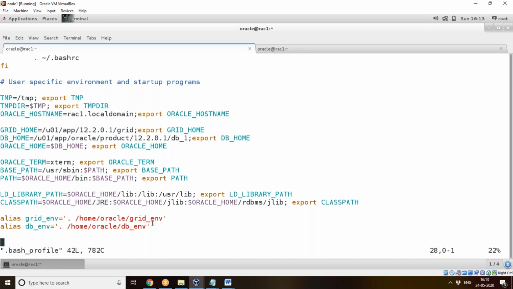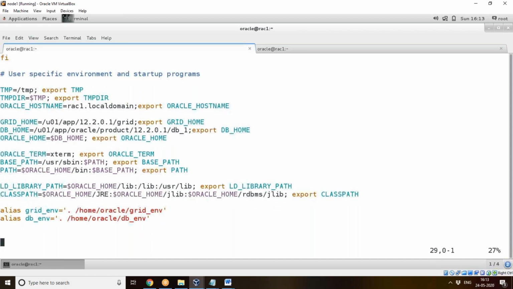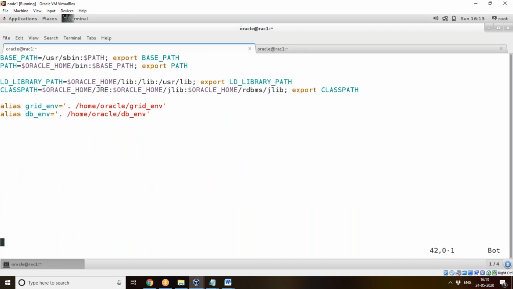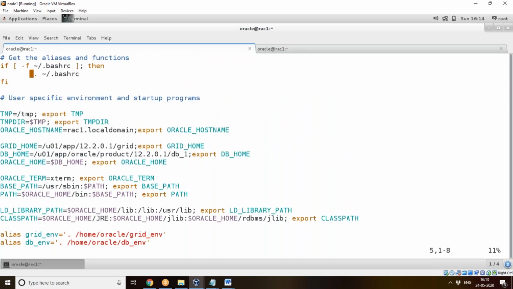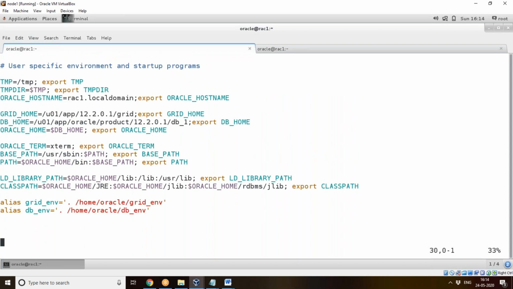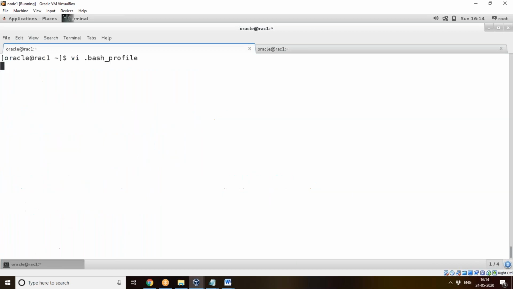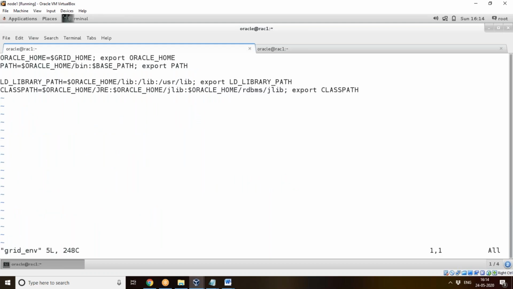These two files I have created under /home/oracle, grid_environment and db_environment. So now this is my bash profile. I'll show you grid_environment first.